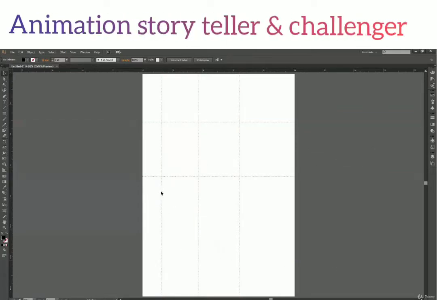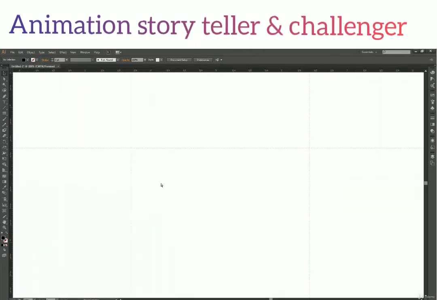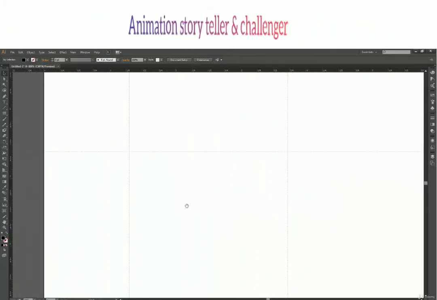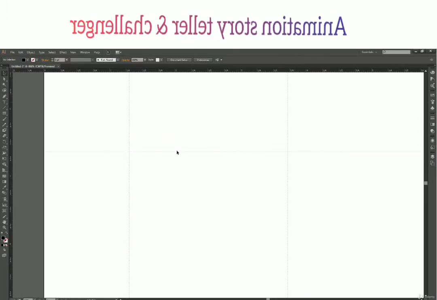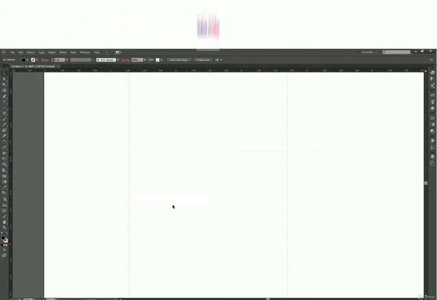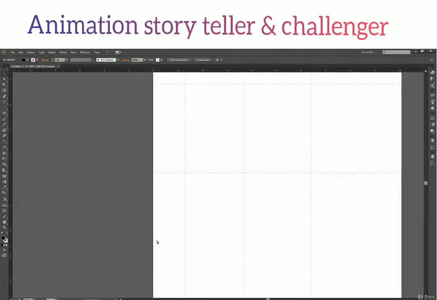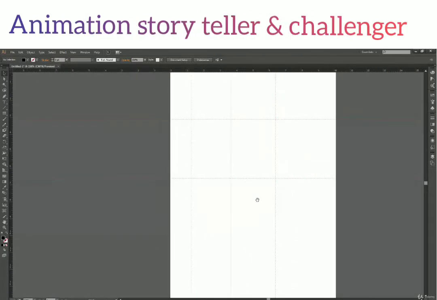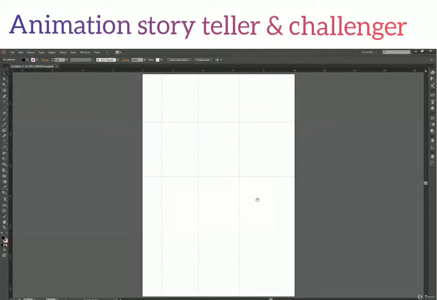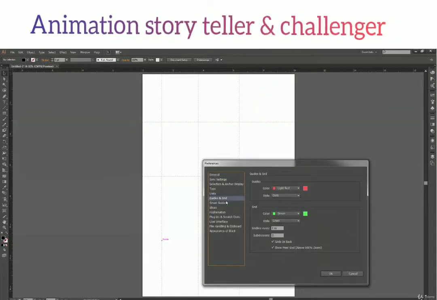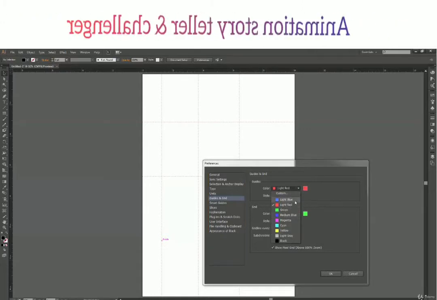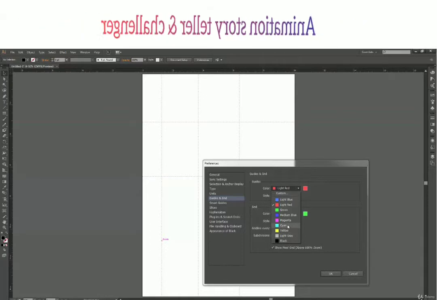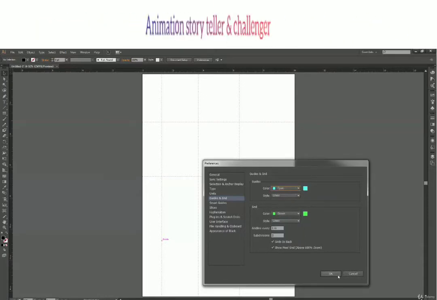What we have now is dotted lines. Let me zoom in so we can see it clearly. All I have now is these dotted lines over here. I no longer have those straight lines, and again it depends from person to person what type of guides you prefer. I prefer lines more than dots actually. It's just a personal choice, nothing more, no technical reason for this. So we can switch back to cyan, the default color, and press OK.